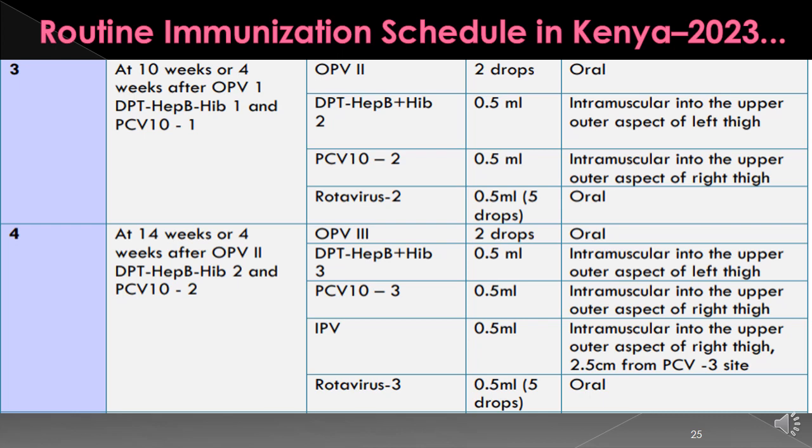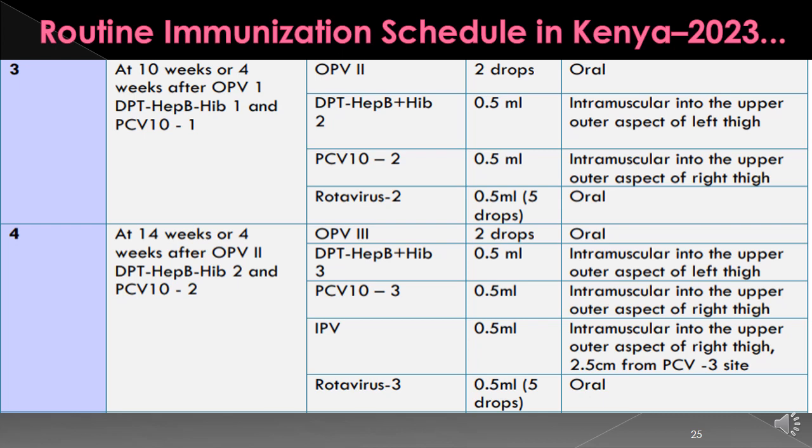They have come in maybe at 6 weeks, anytime at 6 weeks or anytime after 6 weeks. They have received their pentavalent 1. They have received the pneumococcal vaccine 1. They have received the oral polio vaccine 1 and the rotavirus 1. So the difference between the 1 and 2 is 4 weeks. So for the infant who came in at 6 weeks, they'll be coming back